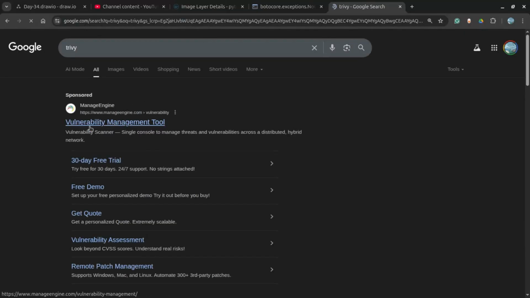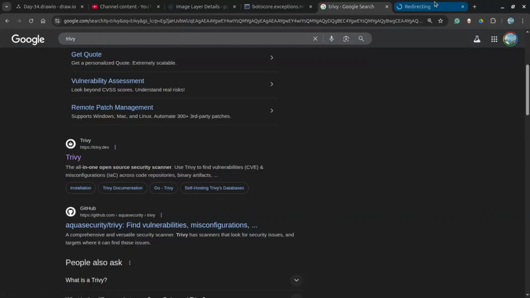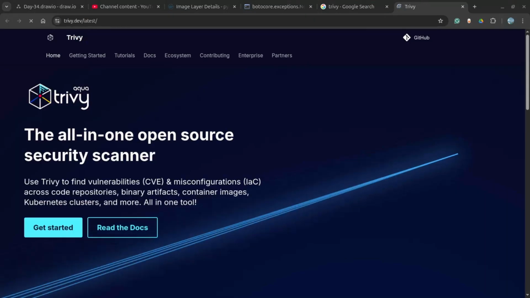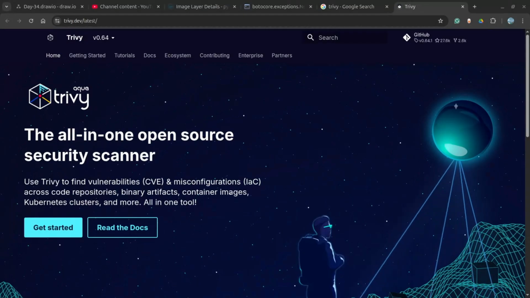Over here, it is a vulnerability management tool. You can use it. You can find it anywhere. Okay, trivy.dev. There are multiple tools as well. So what does this tool do? This tool is capable of, yeah, this is Aqua Trivy. This tool is capable of